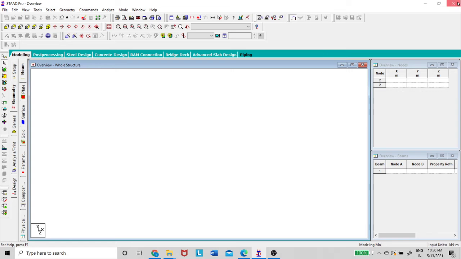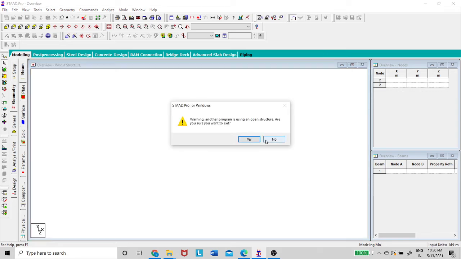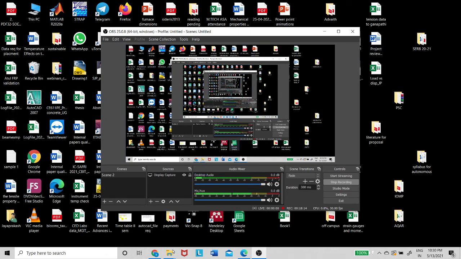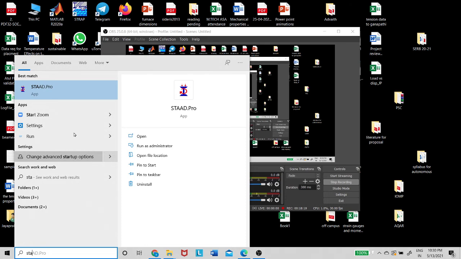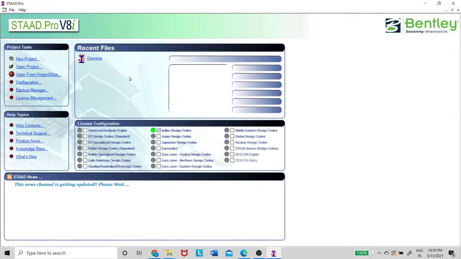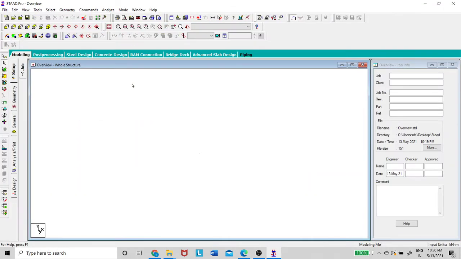Anyway, I close this again. Once again I will open this. You can see here, this is the overview structure.